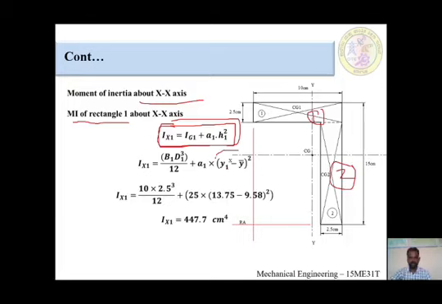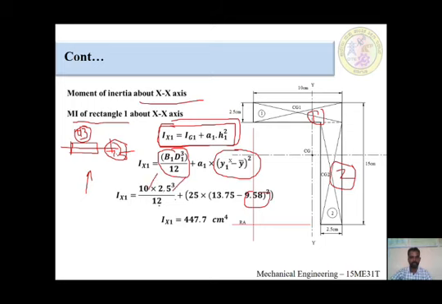I will tell how this formula and the values will come. First of all, I am taking out the first component outside. This is at the x-axis, and we have to look from here. This we will call B, this we call D. This distance is 10 centimeter, this one is 2.5 centimeter. When looking from this side, first we look at the B value, then the D value. B value means 10, second value 2.5 cube divided by 12. This part we have completed.